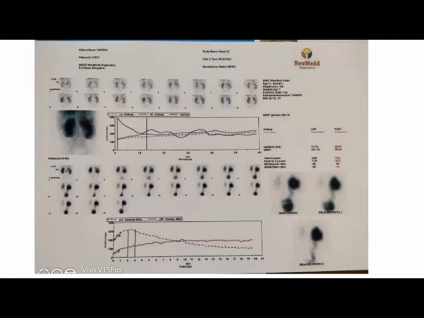So basically this is one EC scan film. The main parameters which we assess in the film are: the upper one is the perfusion graph, which shows the perfusion of both the kidneys, and the lower graph is the excretion graph, which shows the pattern of the excretion from the collecting systems of both kidneys. And the image on the left side shows the outline of the kidneys, that is the region of interest which is drawn.